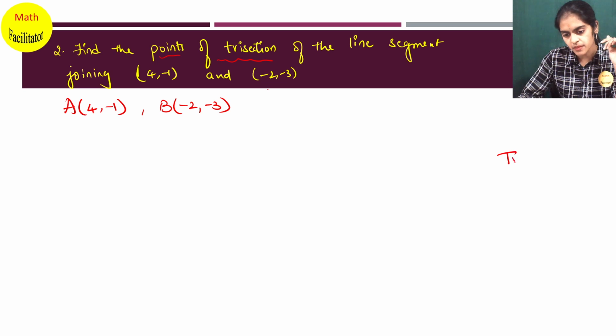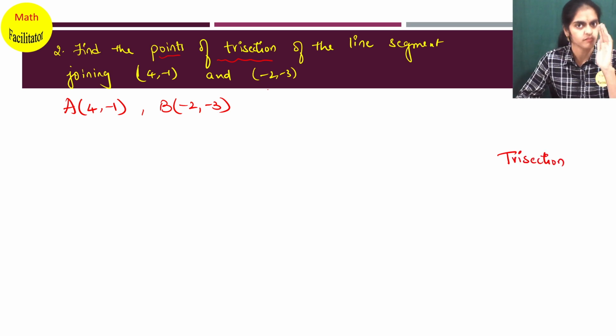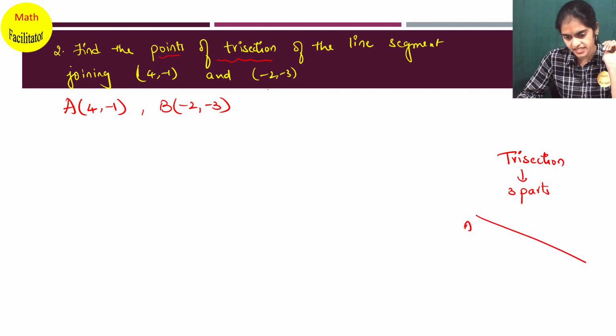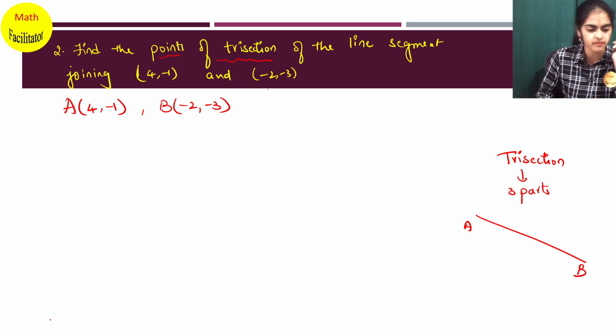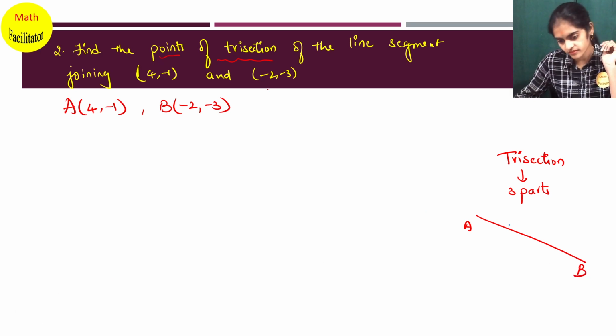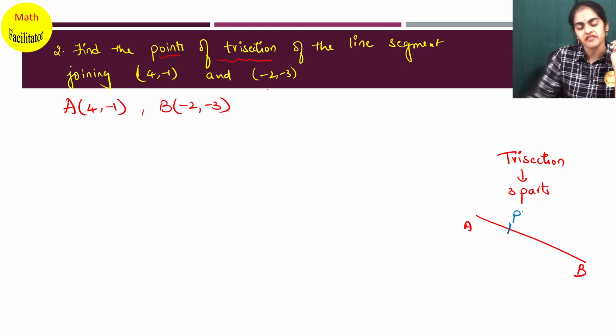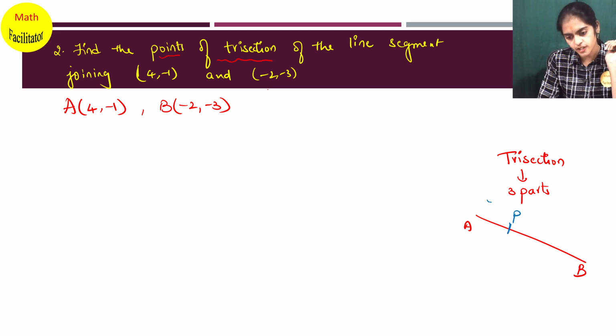So, always remember what the meaning of trisection is. Section means parts. Trisection means 3 parts. So you should find a point which divides AB into 3 parts. For example, if this is point A and this is point B, I can have a point, say P here, which divides AB in the ratio